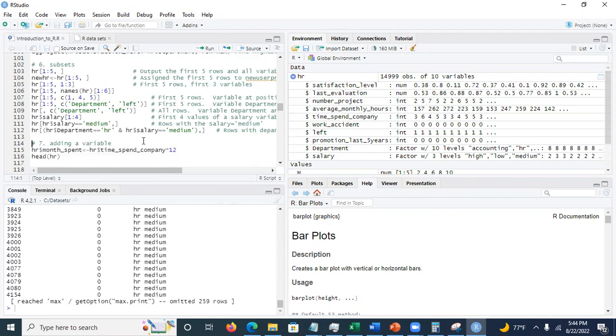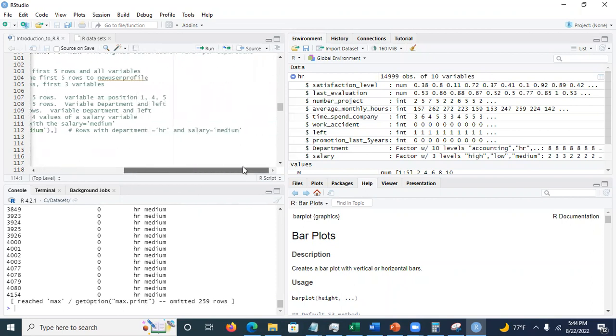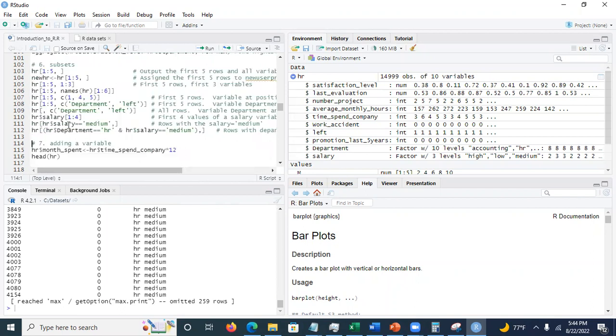Oops. See that? I could do that too if I wanted to. And then, okay. And then let's run this one here. This is a little bit harder, but what I'm doing here, I'm saying the department should be HR, and then